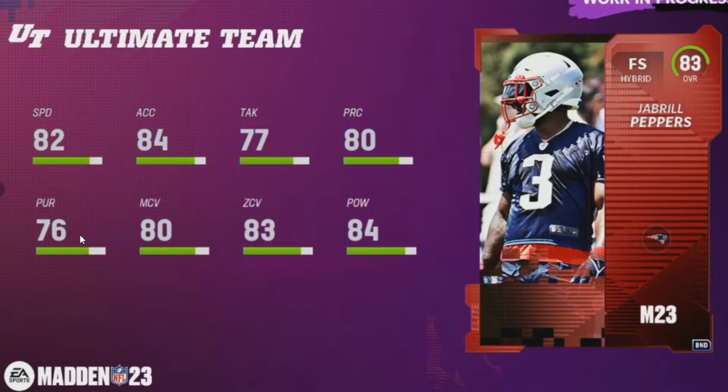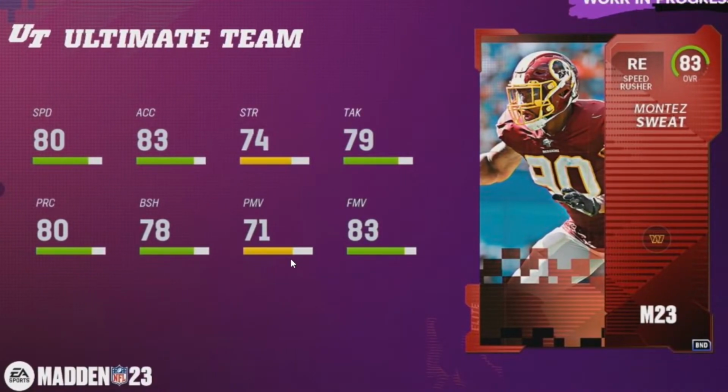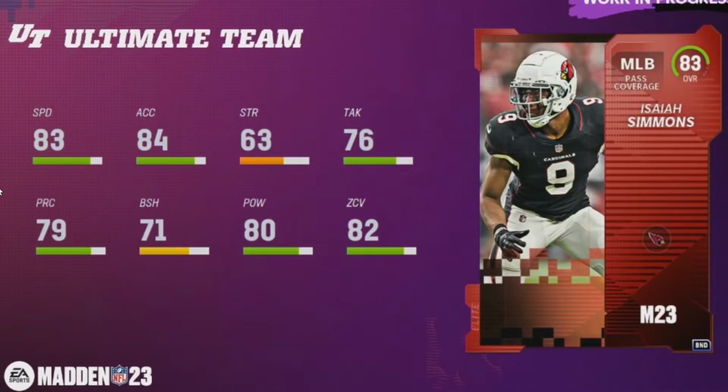I think this card is going to be very, very good. I would actually recommend you pick up the Jabrill Peppers instead of the Montez Sweat. Now, if you want the pass rusher Montez Sweat, I wouldn't blame you. I think this one is also a very, very good decision. I would steer as far away from the Isaiah Simmons as possible, simply because of how the game played in the beta,